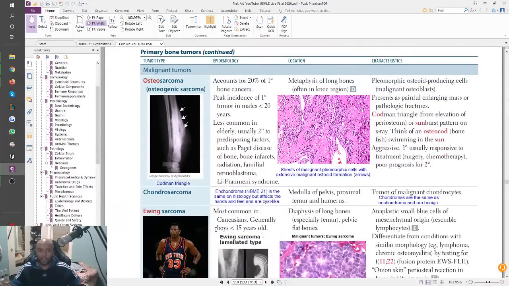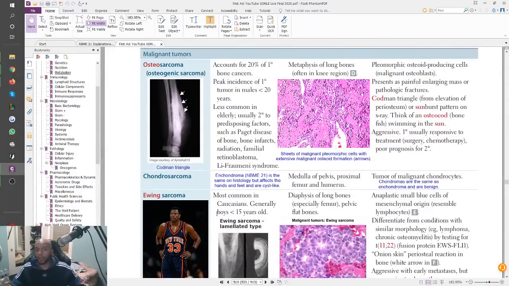And as far as the malignant tumors go, there's only three here, and you want to make sure you know all three perfectly, right? So now osteosarcoma, this is the one that occurs right here. They tell you in males under age 20, right? Then you have your chondrosarcoma and Ewing sarcoma. Ewing occurs in even younger boys, right? Really younger boys. The only thing with osteosarcoma, though, is that it's one of the Step 1 favorites